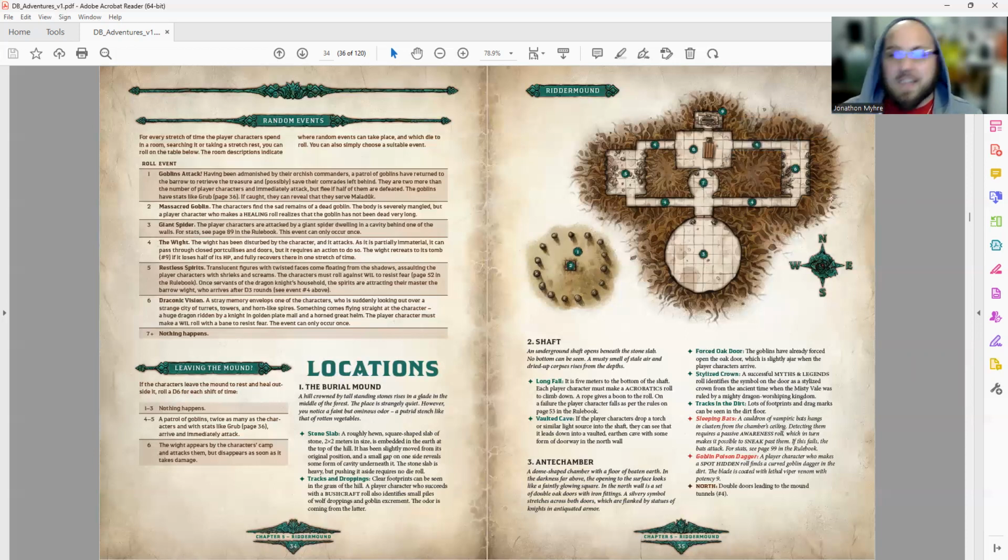So the players instantly stop what they're doing as far as searching, and they book after the spider. Now, I rolled on the table, and they got a giant spider. So the way that I played this,